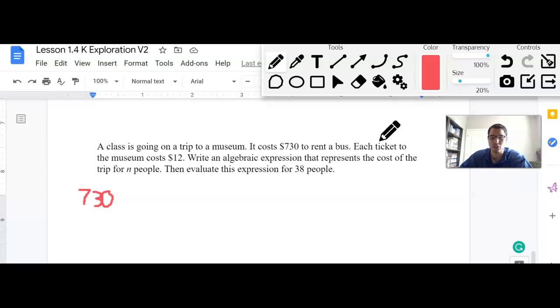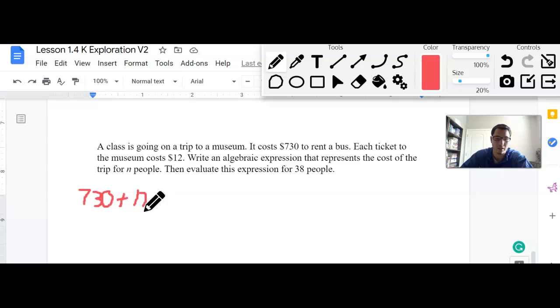Then it says each ticket to the museum costs $12. Write an algebraic expression to represent the cost of the trip for n people. Does the number of people affect the cost of the bus? Nope. But does the number of people going affect how much the tickets will cost to get into the museum? Yes, it will. So $730 to rent the bus plus